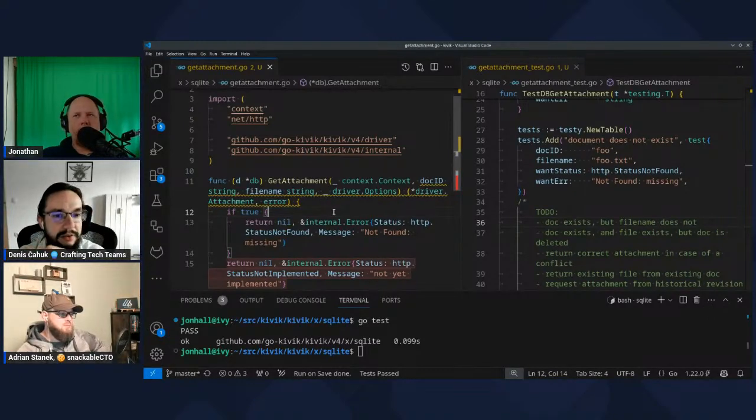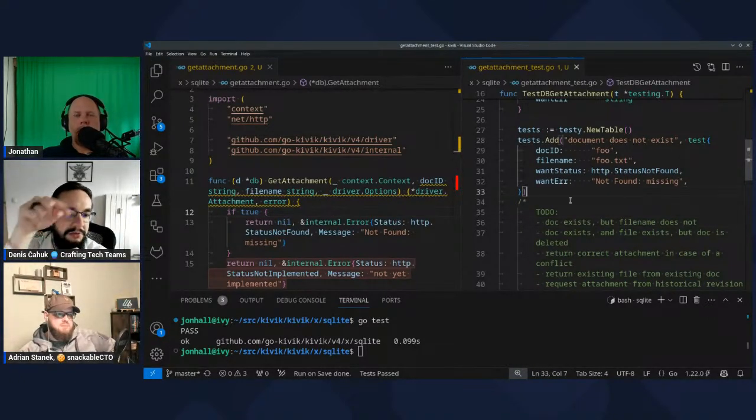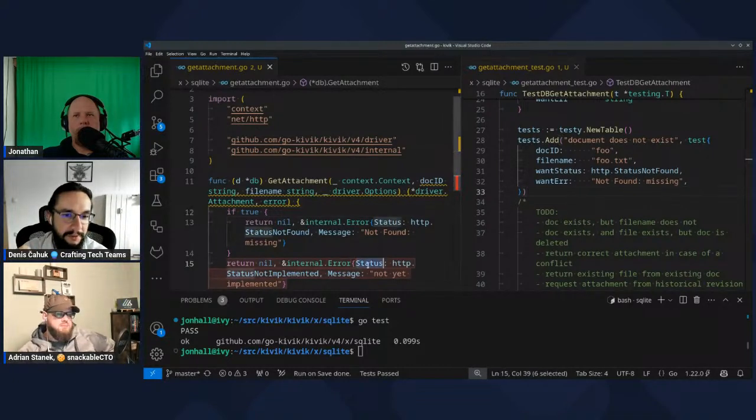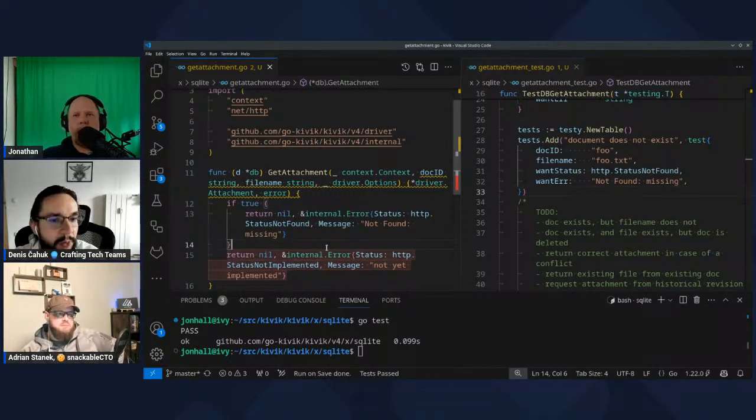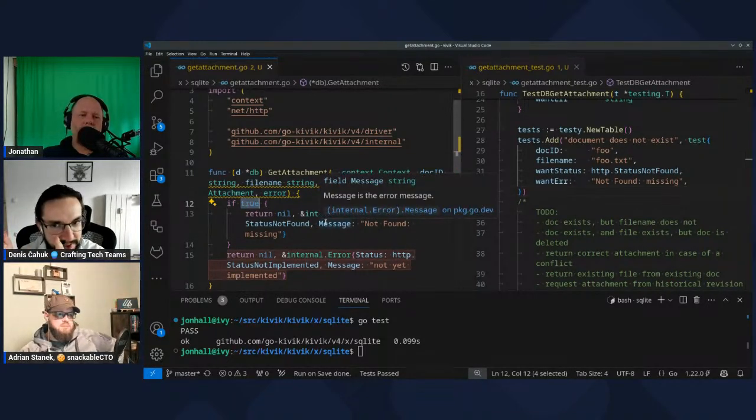Yeah, indeed. So now we know that if we get that if statement wrong, that second half of the error should never happen. No, but this further error will happen once we give it a document ID, right? Because the test is actually not testing a unit. It's more broad. It's end-to-end testing, right?